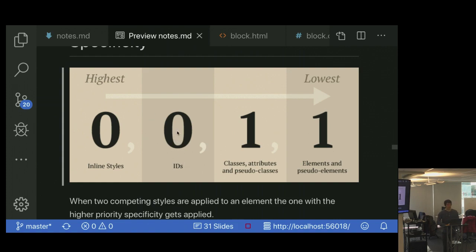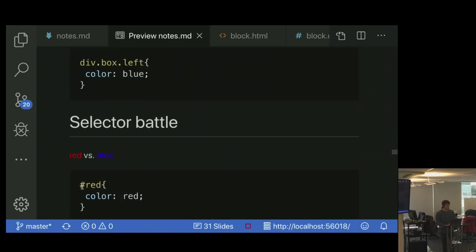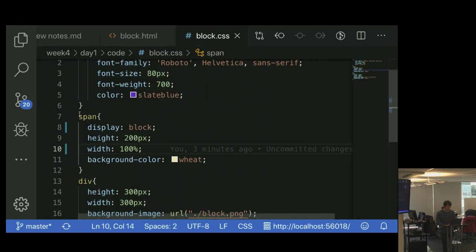Our selectors can have IDs in them. They can have classes in them, and they can have elements in them. Our selector cannot have an inline style. I can't go into my selector, for instance here, and somehow add an inline style. The reason that shows up in the